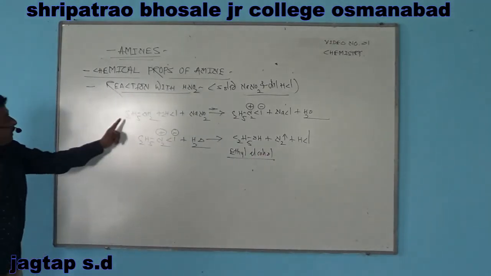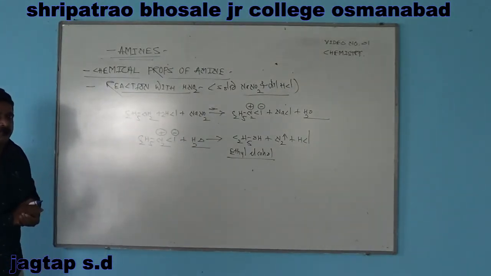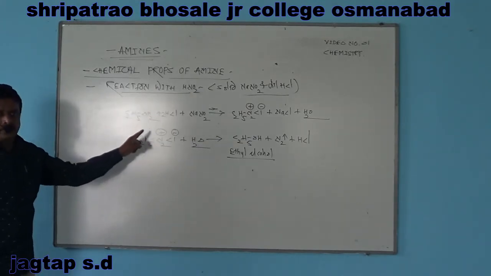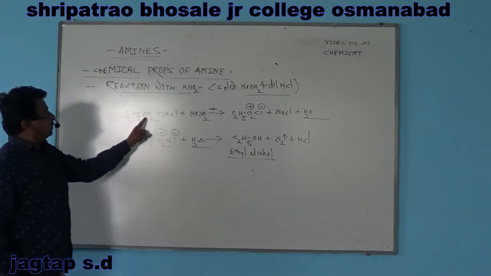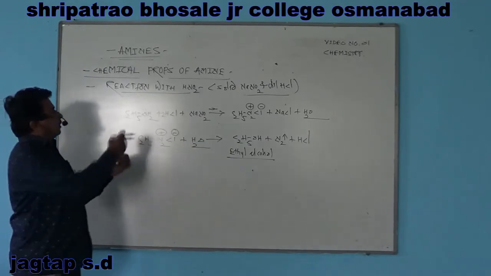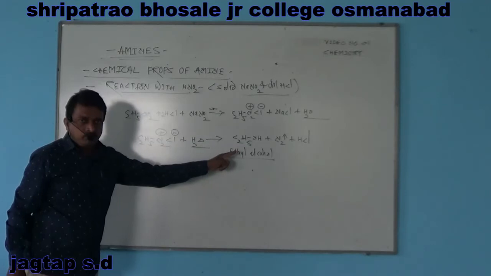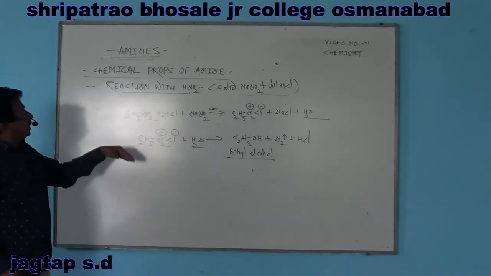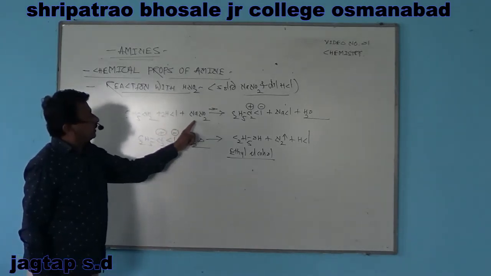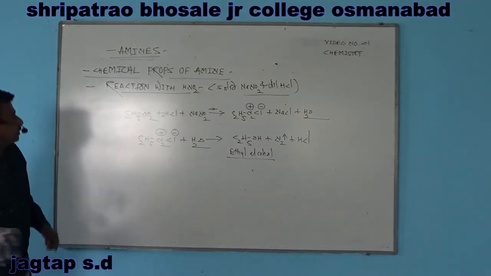That is, an aliphatic primary amine reacts with nitrous acid. An aliphatic primary amine contains only one alkyl group on the nitrogen atom, in which a hydrogen atom is replaced by an alkyl group, maybe methyl or ethyl. But methylamine does not produce alcohol. Except methylamine, all other primary amines react with nitrous acid to give the corresponding monohydric alcohol.